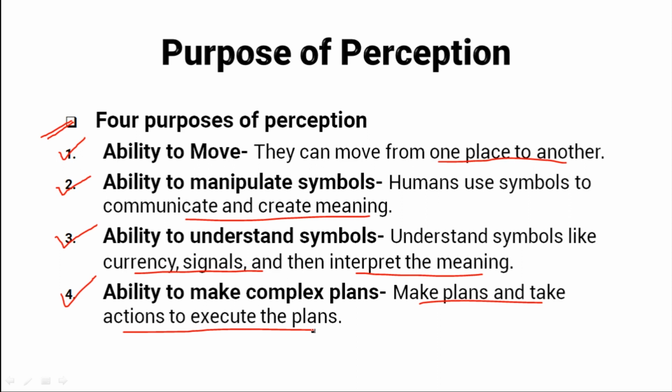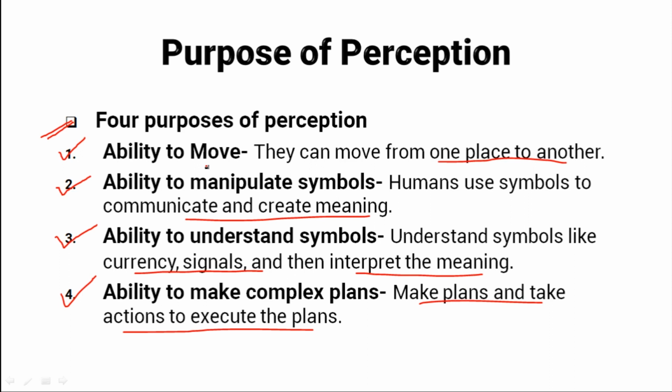Also, when you have a project to complete, you plan what steps you need to take to complete it, and then you execute those steps one by one until the project is finished. This requires a lot of thinking and decision-making skills, as well as the ability to adjust your plans as needed. So human beings are unique in their capacity to make complex plans and follow through on them, which sets them apart from simpler organisms like plants or animals.